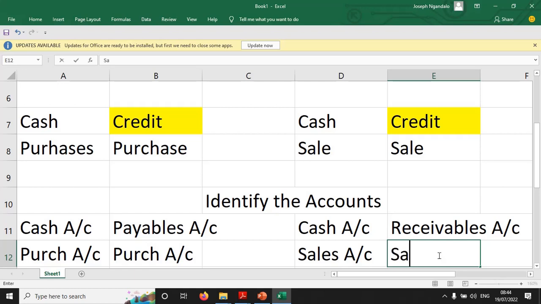Next, sales. So whether you sell on cash basis,